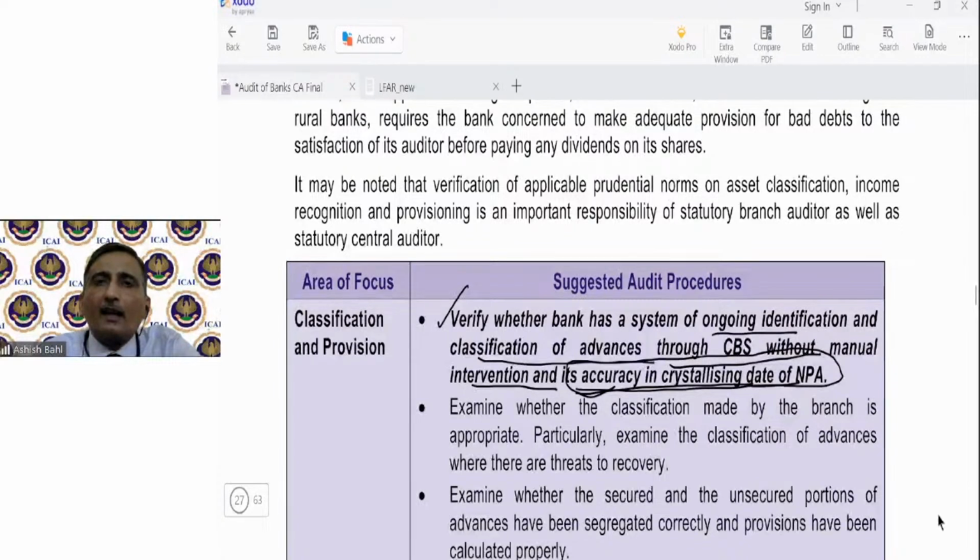Say this has got greater implications. Say if the date of classification of an account as NPA is not proper, it is wrong, then ultimately what would happen? It is going to affect provisioning. Like an asset may be classified doubtful asset late, whereas it was required to be classified so early. So you know that there is a difference in provisioning between substandard assets and doubtful assets. Okay.